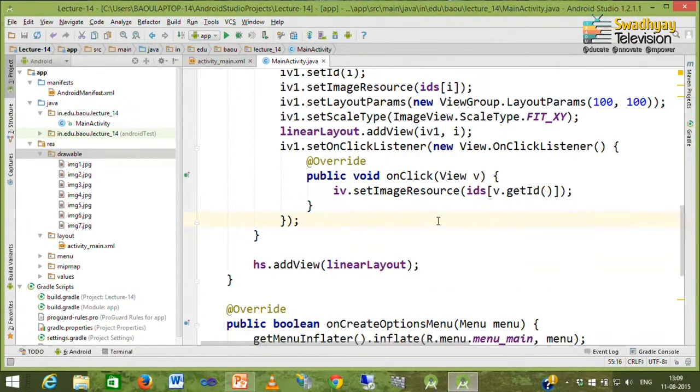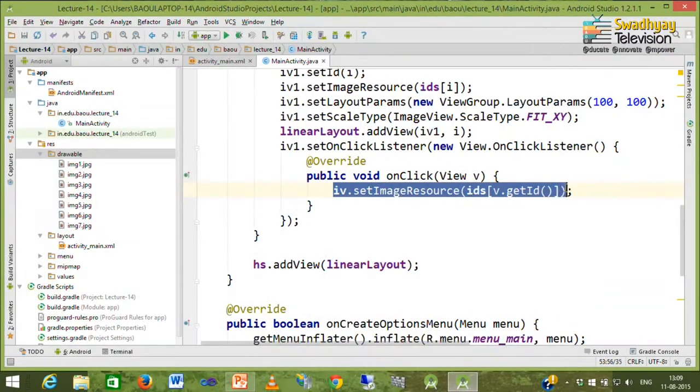So, suppose the third image is clicked, then we get ID 2, because our index, or ID, starts from 0. So, if the third image view is clicked, then we have the third image available inside the design time image view. This single line will work to set the image inside the design time image view from the linear layout image view.